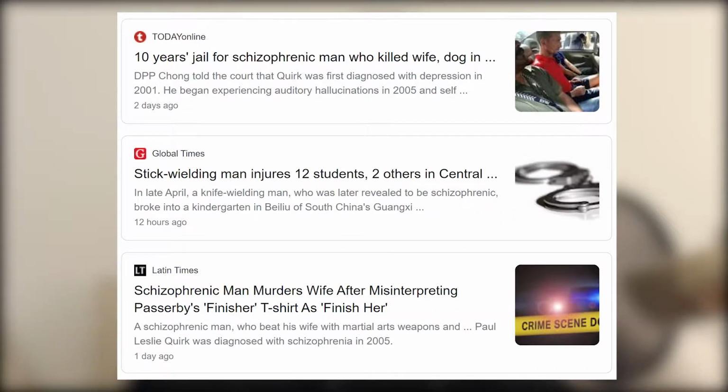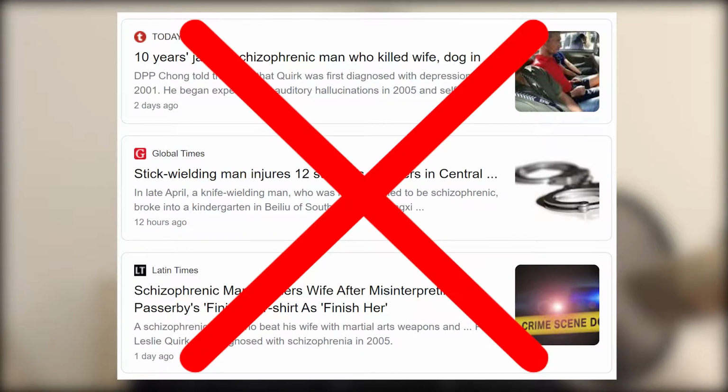As an important side note, I want to mention that people with schizophrenia are generally non-violent. If you don't know someone with schizophrenia personally, your only exposure to schizophrenia might be through police shows or the news. These aren't the correct representations of what schizophrenia really is. Violence from a schizophrenic patient is rare, and so we shouldn't look at schizophrenia as something to be feared, but rather something that requires treatment and help.